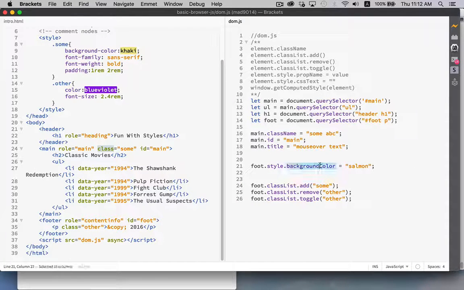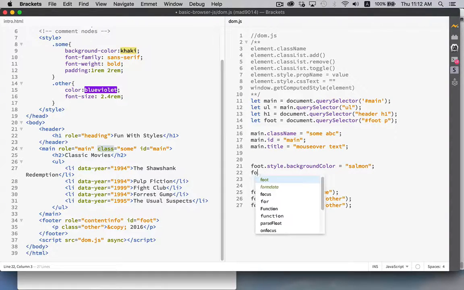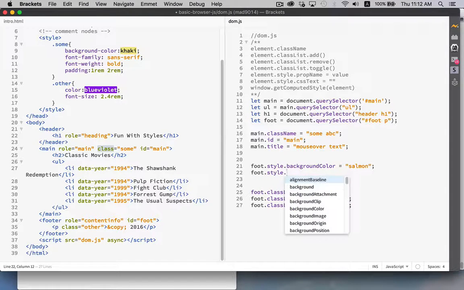Now you'll notice in CSS, this is written all lowercase with a hyphen. All of the JavaScript equivalents of these properties are written with camel case. So the first letter of the second word, third word, and so on are all capitalized. Lowercase, and then capitalize the first letter of the second word. Put them together with no hyphen. That is the JavaScript property. So style.property name, or if you wanted to set 2 or 3 things, you could actually come in here and say